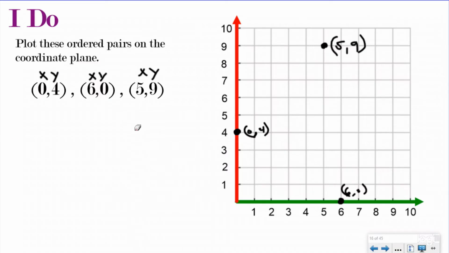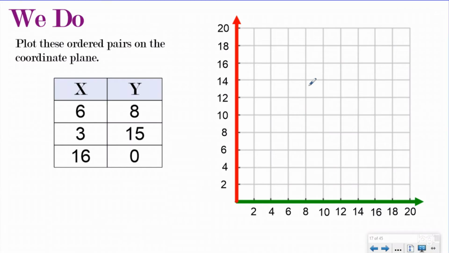So that's how you plot ordered pairs on the coordinate plane. You might notice a couple different things. One, I showed you a different way they might write ordered pairs. They might use a pattern chart or function table or input-output table, whatever you want to call this right here, and separate them into an X column and a Y